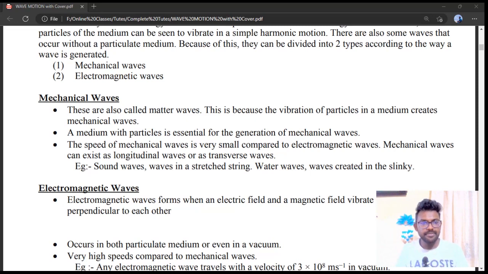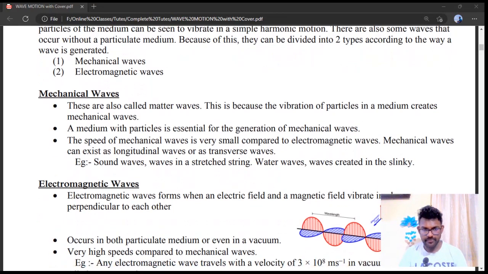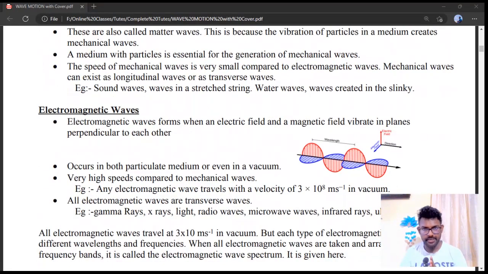So those are the examples for mechanical waves. Then we can consider electromagnetic waves. Electromagnetic means we have an electric field and a magnetic field vibrating together in perpendicular directions. Let's say the electric field goes this way, then the magnetic field goes perpendicular to that, as you can see in this diagram as well. So this electric field and the magnetic field oscillating together creates an